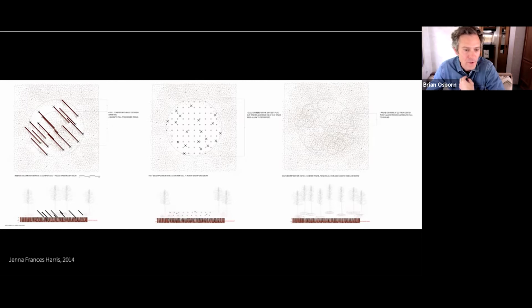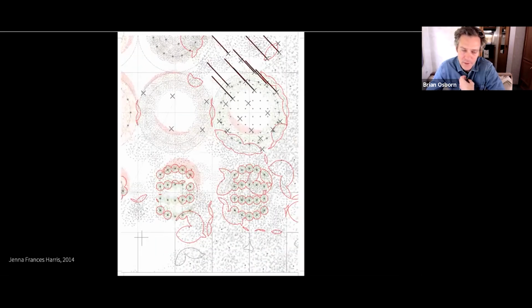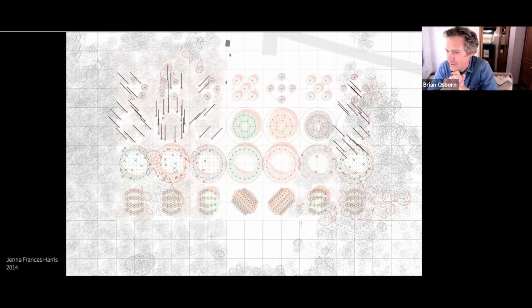So she produced a lot of these, some of them more effective than others, and then essentially arranged them on site. And I think this is a kind of place which is a problem in the work. I'll just put that out there, something that maybe is a struggle, in that in the end, Jenna is proposing a kind of test site, like a big laboratory. And maybe I would argue it isn't making landscape program or generating human program through that.